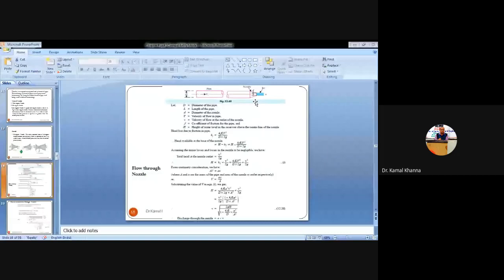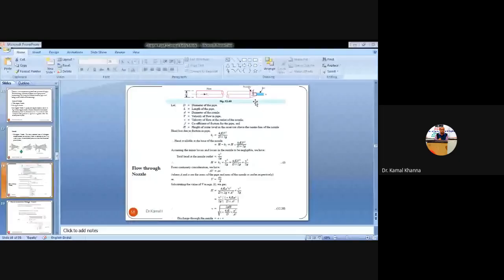So let us say that at the entry of the pipe the total head is capital H, as we assumed while starting the expression to find the flow through the nozzle. Capital H is the head at the entry point. As soon as the water is leaving, it becomes equal to kinetic head plus loss of head due to friction. You can see the first equation, at the cursor of the mouse: H is equal to hf plus V square by 2g.